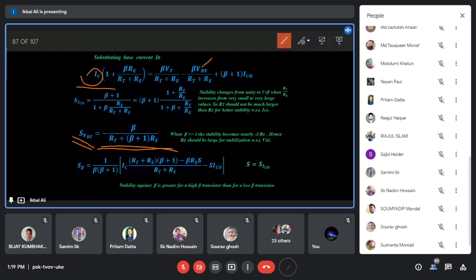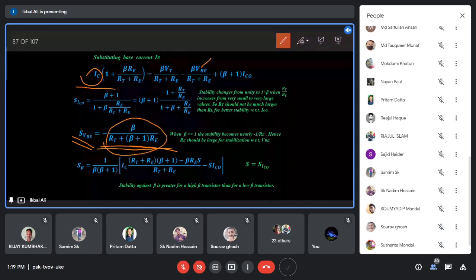ওকে, ফিক্সড বায়াসে যে এক্সপ্রেশনটা ছিল সেটা ছিল মাইনাস বিটা বাই আরবি। এখন দেখো ডিনোমিনেটরে একটা এক্সট্রা টার্ম যোগ হয়েছে, তাহলে এই ভ্যালুটা ফিক্সড বায়াসের থেকে কম। ইভেন কালেক্টর টু বেস বায়াসের থেকেও কম। সেই জন্য তোমার এসভিবিটা ইউজুয়ালি এই সেলফ বায়াস সার্কিটের beta SVB is less than the other two biasing circuits. So self bias circuit is more stable than the other two biasing circuits.